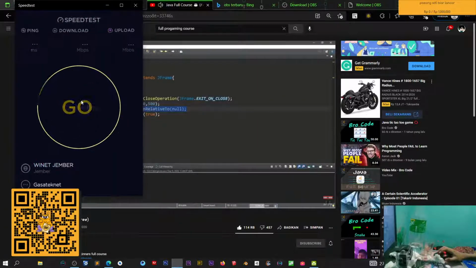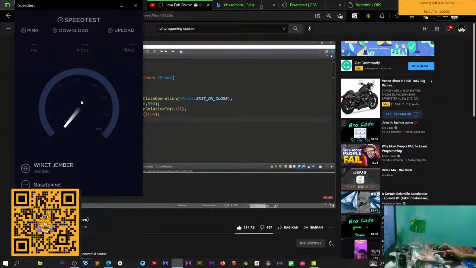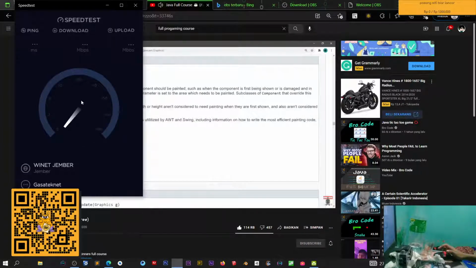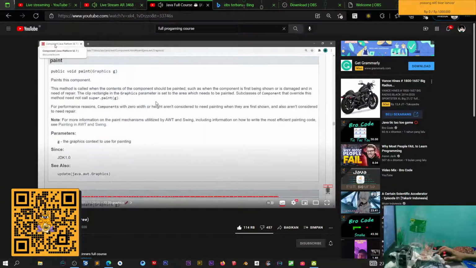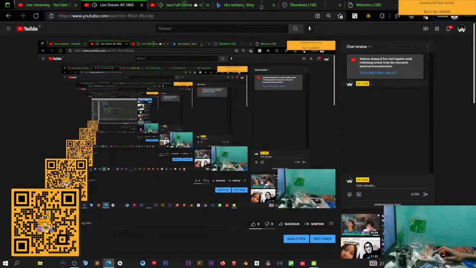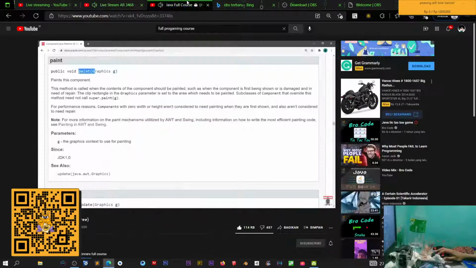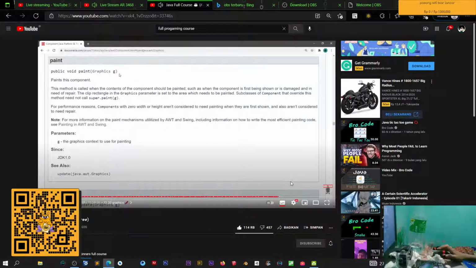Associate the up action with method change. Lastly, this is not visible. This is a true character. Now I'm on Oracle's website looking up some Java documentation, and the component class is a parent class to many. There is a paint component. So let's take the component class, and this has a